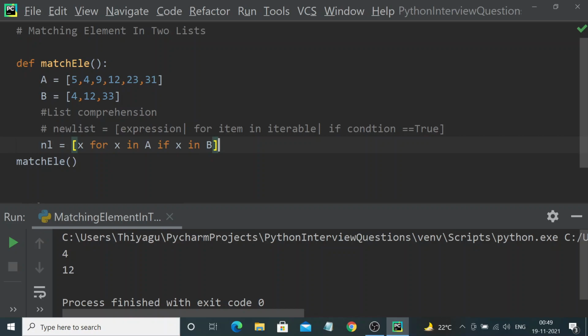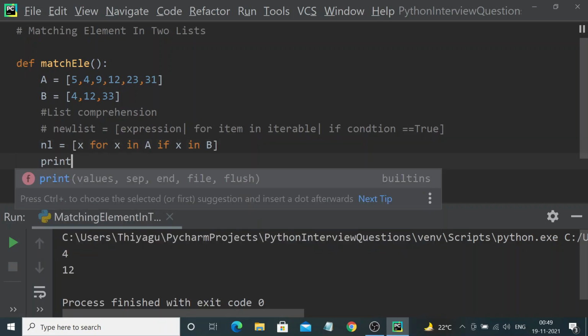Okay, so this is the beauty of list comprehension, and you can optimize your code in the best way to write multiple lines of code in a single line, and also from the performance perspective, list comprehension works better. Now let me print this, print NL.